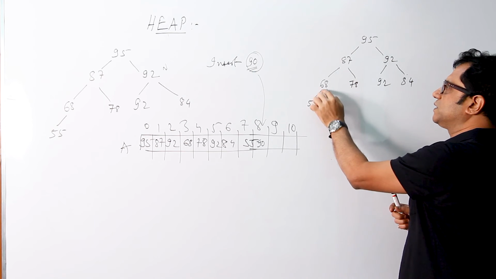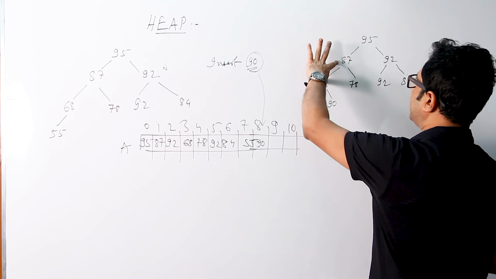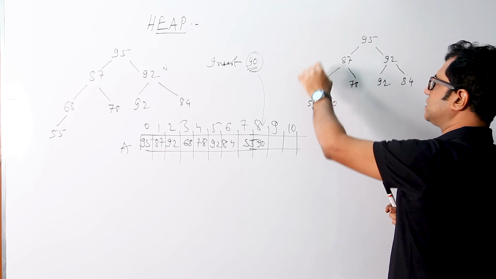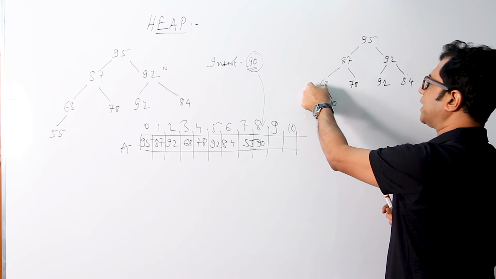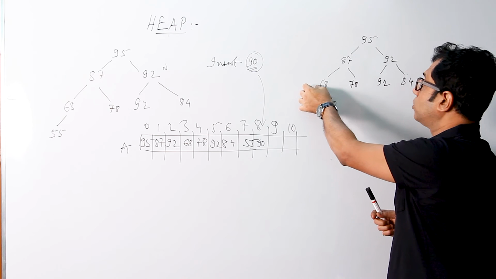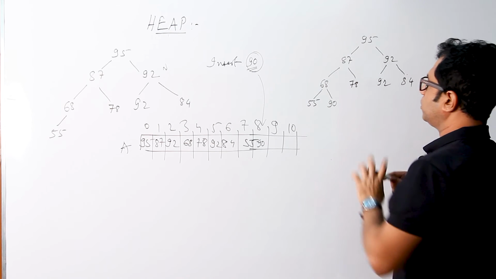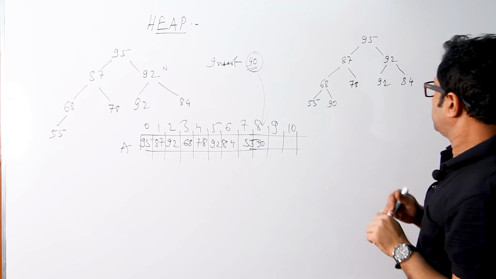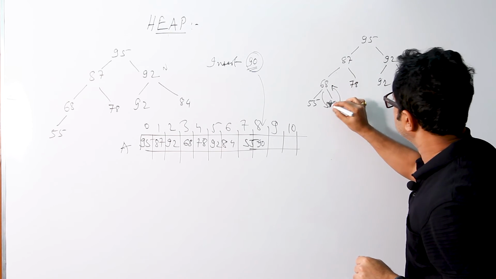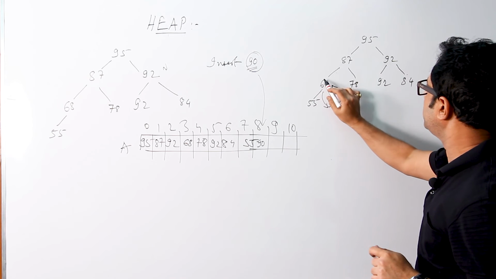But if we see that 90 is over here and 87 is over here, we see that 87 is still less than the value of its child node 90. So that also needs some modification in order to reheap the heap. To see what is to be done, first this swapping takes place: 90 goes here, 68 comes here. Then we have to